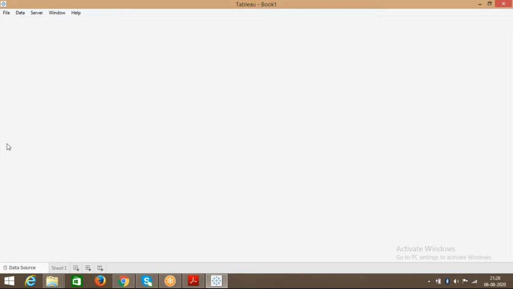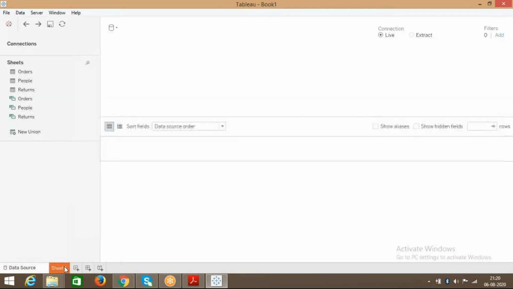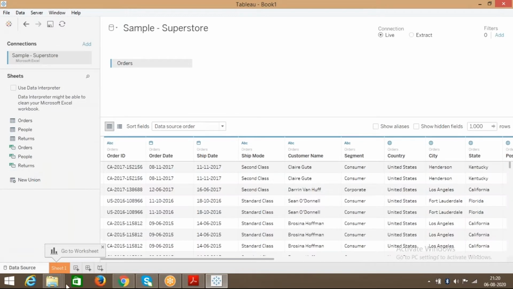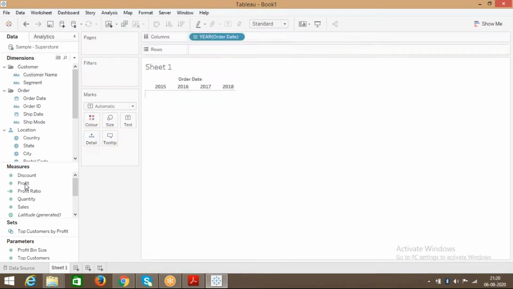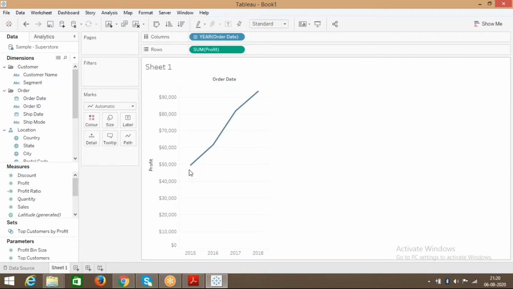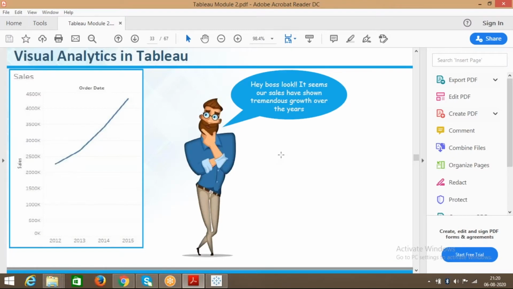When I click on it, it goes directly to the worksheet. Here I can drag the order date onto columns and the profit onto rows. What happens? I can see the trend line here. So in the years 2015, 2016, 2017, what is my profit? That is what I can see from here.